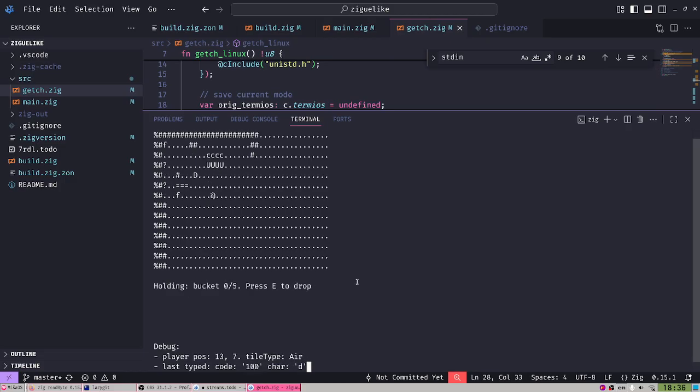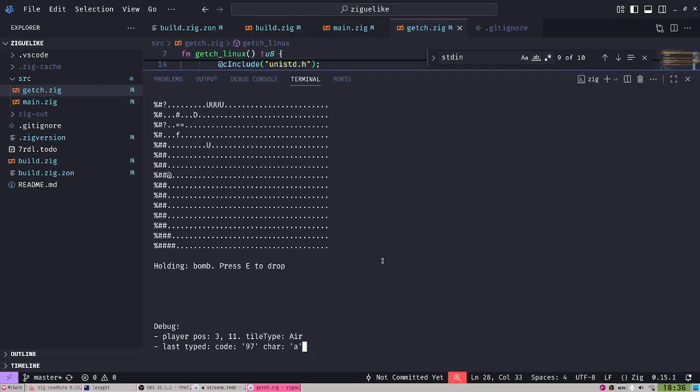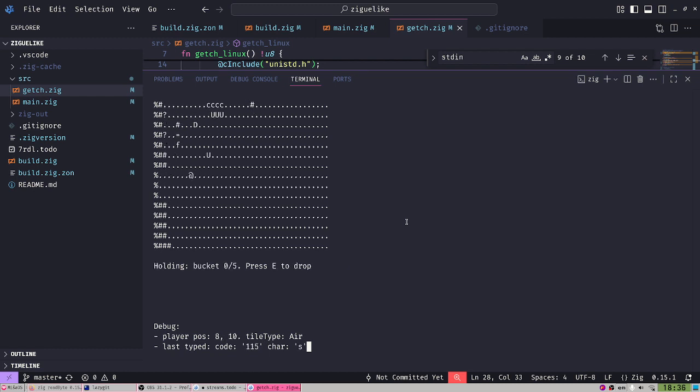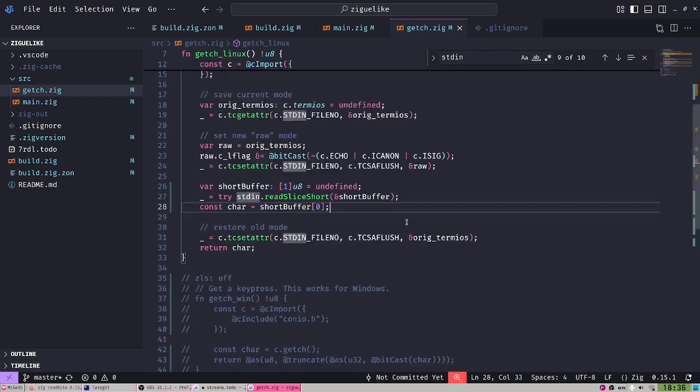You can take a bucket, you can drop it, you can take the bomb, you can place the bomb. Yeah, it's a little bit weird. Okay, place the bomb, the bomb explodes. Everything works, perfect. So this is how you update to 0.15.